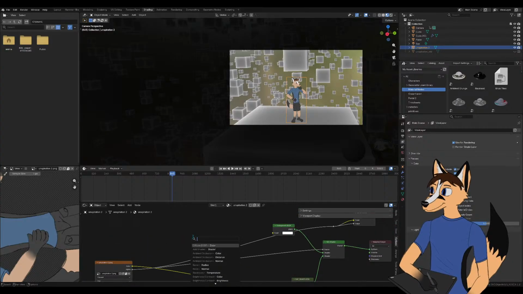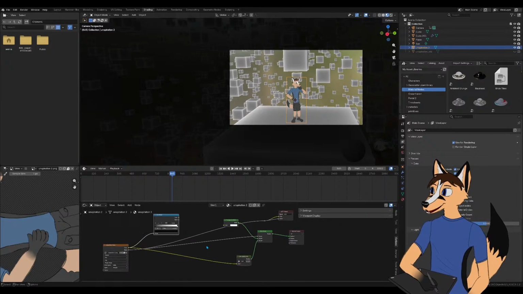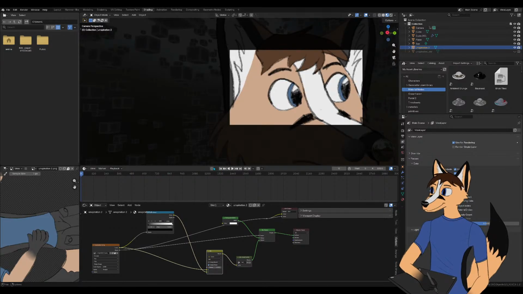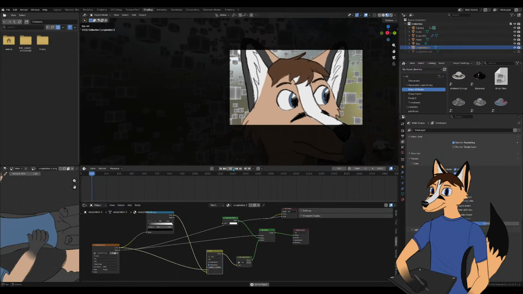So let's see, probably a color ramp, or whatever it's called. Yeah, color ramp, pass that into the factor node. Black and white, that's already good. And then I'll pass that color node into a mix. I'll have it be mix B, and then mix A is going to be this other one. That way, when I turn the factor all the way down, he's full color. When I turn it all the way up, he's full grayscale. So let me just find a good timing for that.